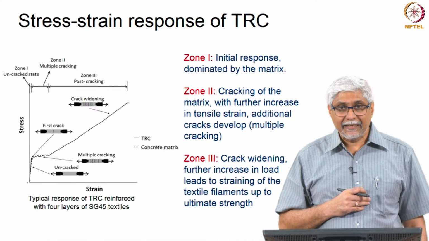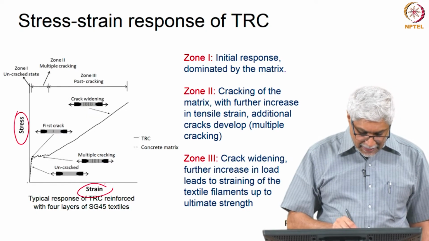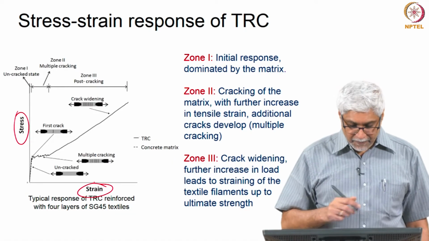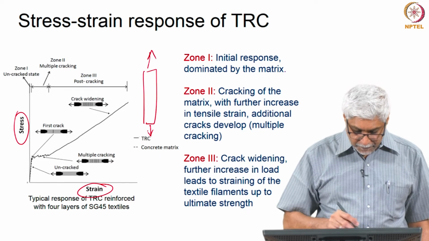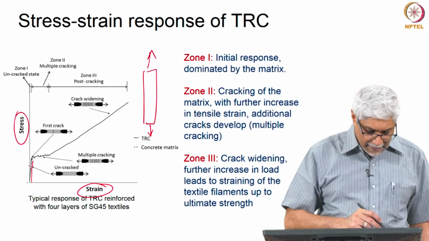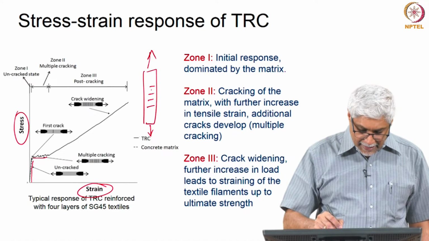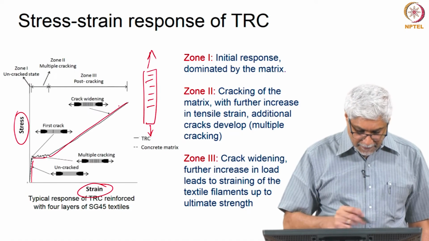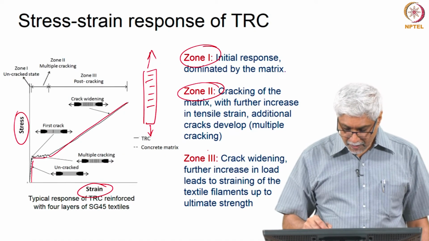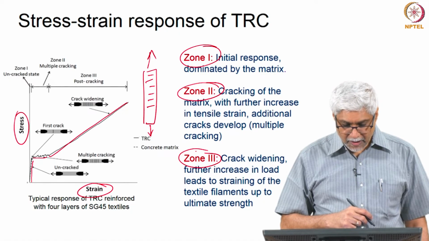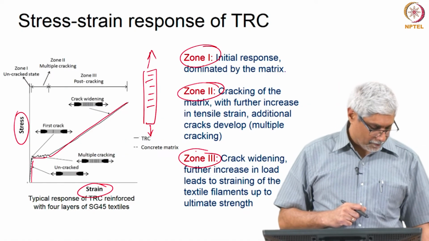And with something like that you could get a response which is shown here of stress versus strain in a textile reinforced panel like this, which is subjected to tension. And here you will see that there is an elastic part, then there are cracks, that is this part, and the cracks start opening more and more and you get this part. So, this will tell us the different zones of behavior for which he is doing his work. Okay. So, you will see a video of Sachin explaining tests on TRC later on.